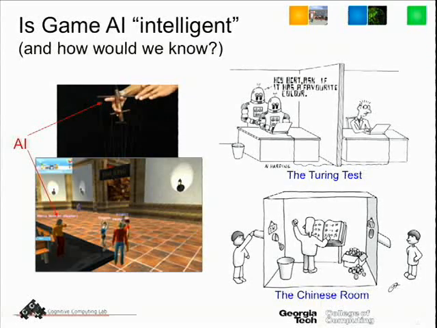And so the argument is, well, even if you could fake you into thinking that that character is human, inside of it is just a bunch of rules. It's just a bunch of code of some kind. It's like a big Chinese rule book. My favorite counter response to that is